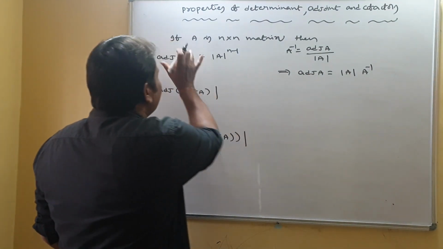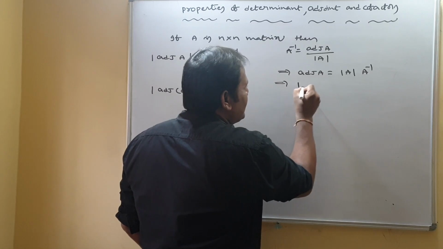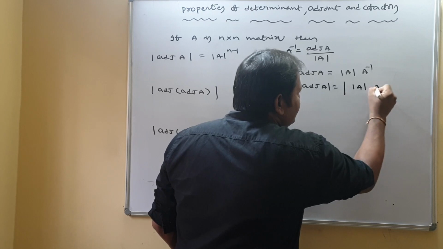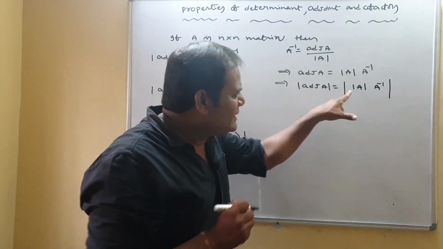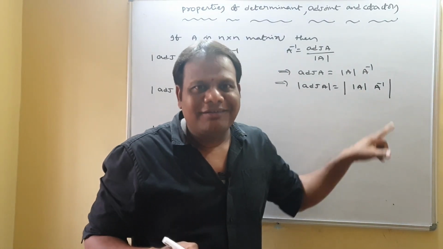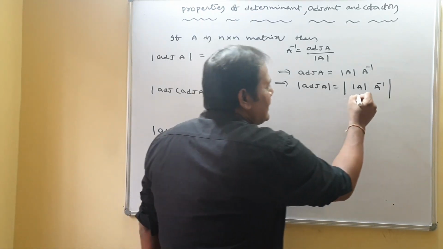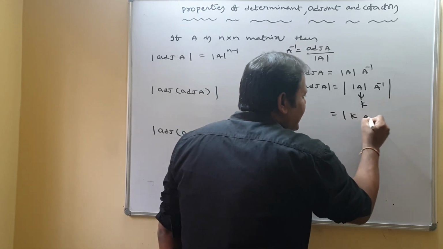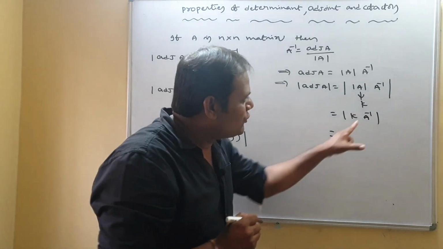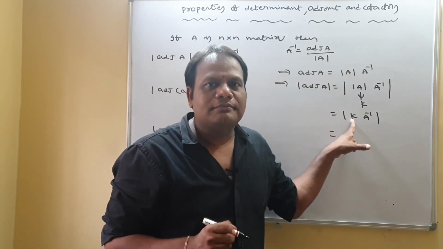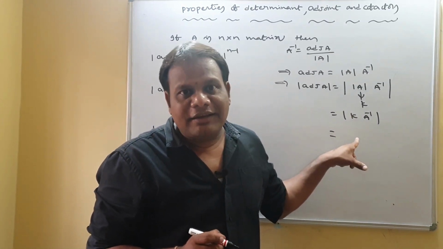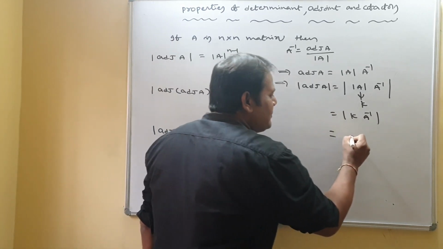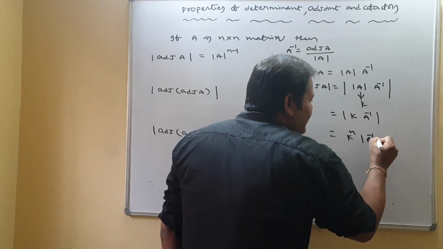Now what do we want? We want det adjoint A. Take determinant on both sides. Det adjoint A equals det of det A into A inverse. Is det A a matrix or a number? Yes, it is a number. So I am treating det A as k. Then it becomes det of k A inverse. So we multiplied a matrix with a scalar, so in every row now k is there. So how many k's do we get out? n k's, right? So it becomes k power n into det A inverse.